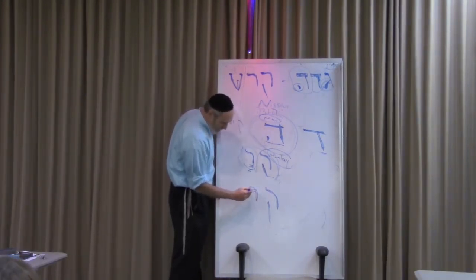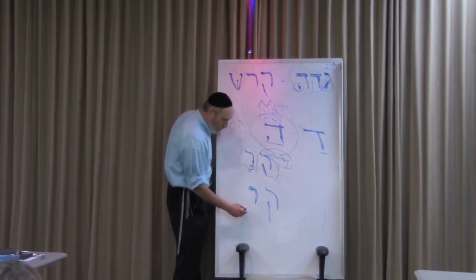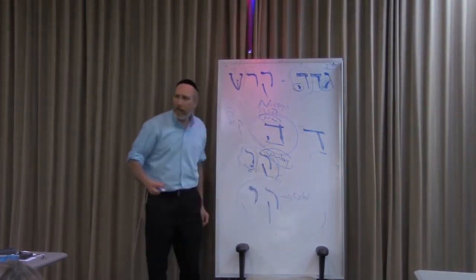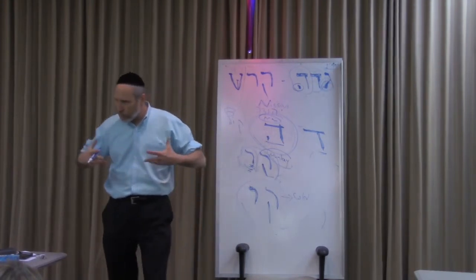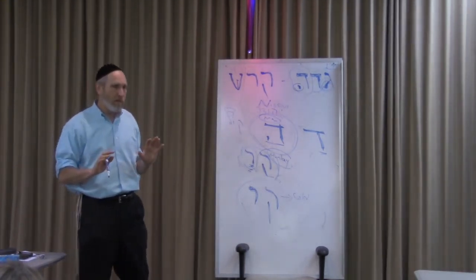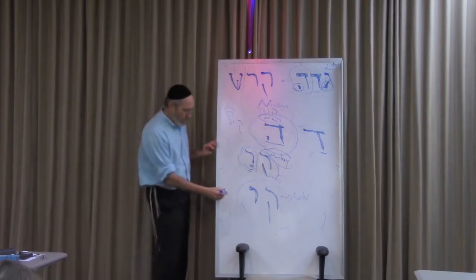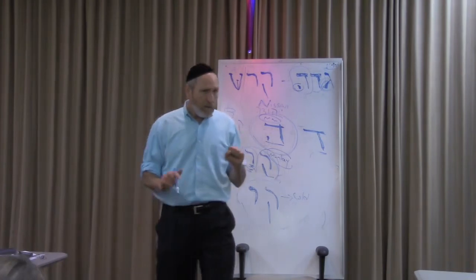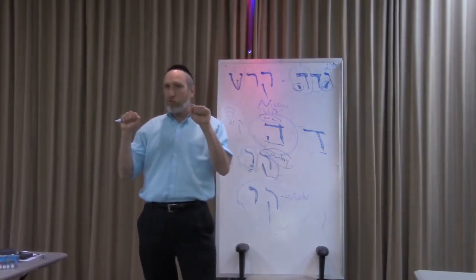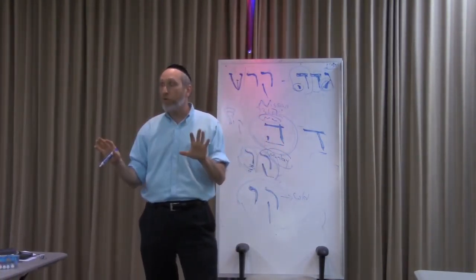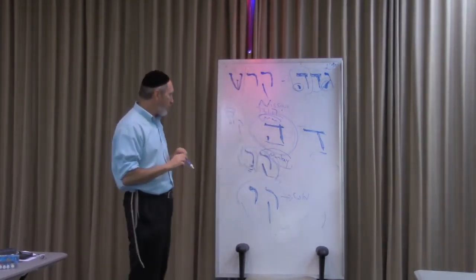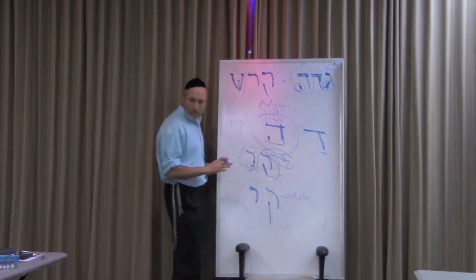Now, the word kar has some other words that are connected to it. One is cold, as opposed to when I have spiritual motivation, I'm considered warm. Cold, I'm distant. But there's another word here that's very, very important. And this word comes across all the time in one nation that battles the Jews from time immemorial. There's one nation that is always the antithesis of the Jewish people. Does anyone know what nation that is? Amalek. That's exactly right.